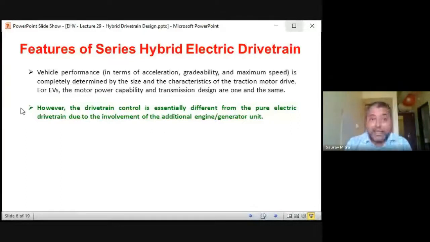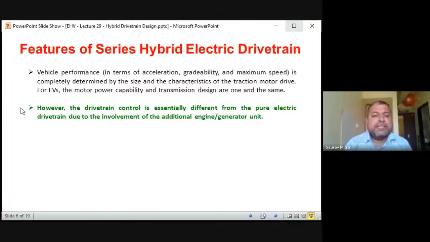In case of hybrid, there is an engine, and after that there comes a generator, and that engine generator unit is the main source of power in case of any series hybrid electric drivetrain. And those two things are coming in series, that is engine and generator. Engine means it is powered by fuel, that is, there is a hydraulic link between the source of the fuel, that is a tank, and the engine. And after the engine there is the generator. So engine to generator, it's a kind of mechanical link.